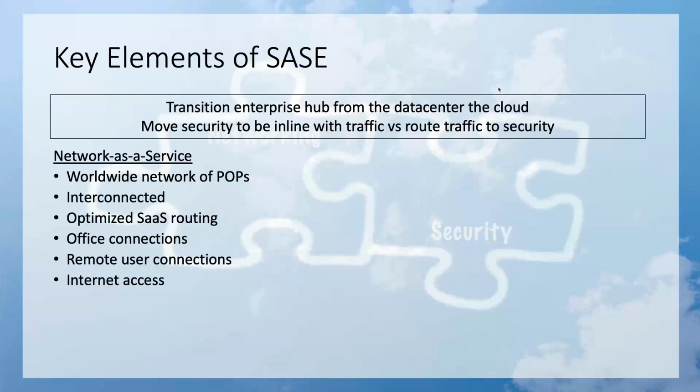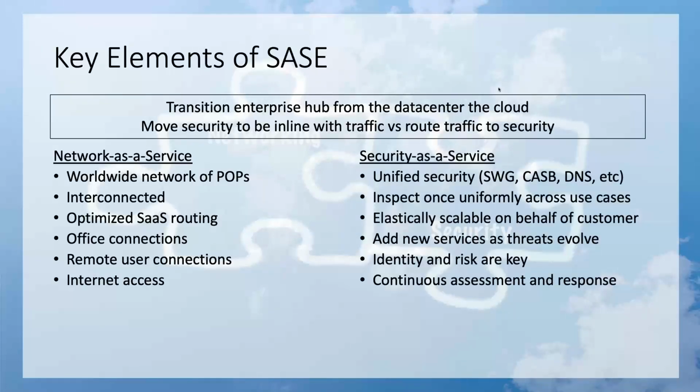to SaaS applications very efficiently, right? I can route to the nearest POP and drop that traffic off right next to the SaaS application. It makes that very efficient. It allows me to solve these different use cases we've talked about: connecting offices together, bringing remote users into it, and then connecting to the internet and allowing access to the internet. So think about now the cloud is my hub, and I'm connecting these different things into it, and I'll draw it out for you. The second concept is security as a service, right?